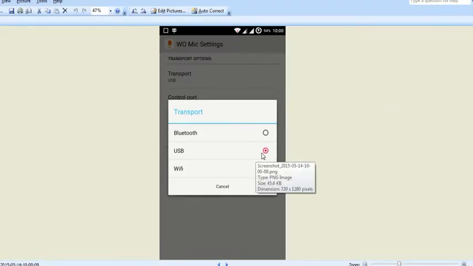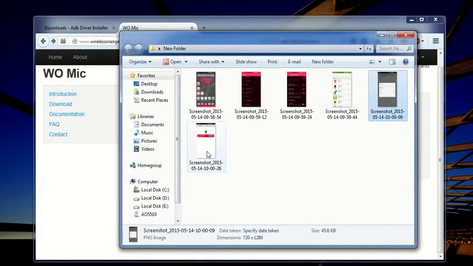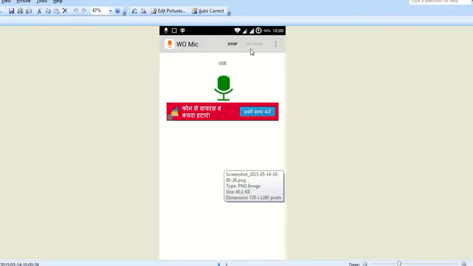After the installation, go into that application, and in the settings part you need to choose USB. In that USB screen you will see a start button and a stop button. So that is setting up this app on your phone.